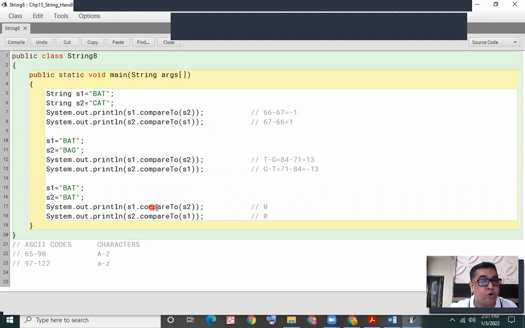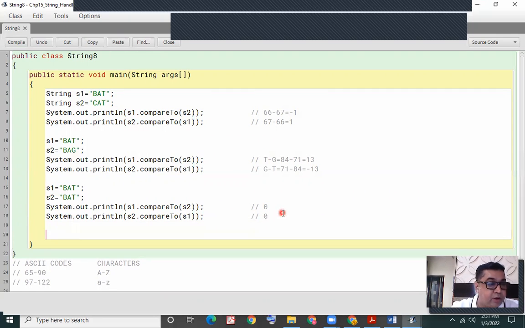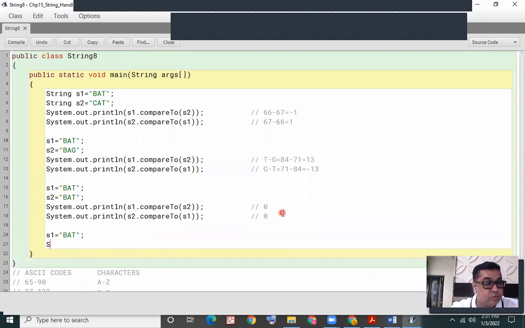Whether I write S1 dot compareTo S2 or S2 dot compareTo S1, the result will be 0. I shall take another example now. S1, I'm assigning that to it, and S2, I'm assigning to it